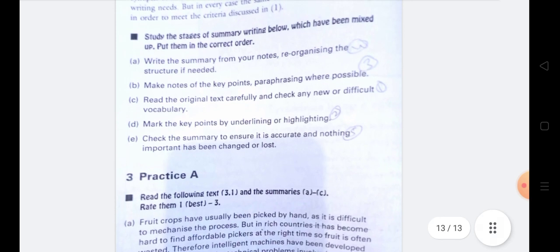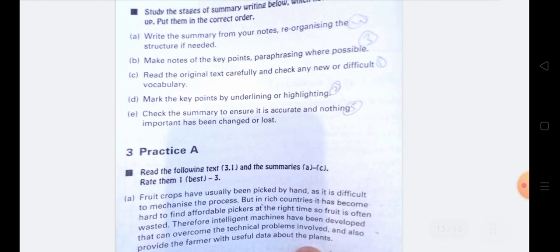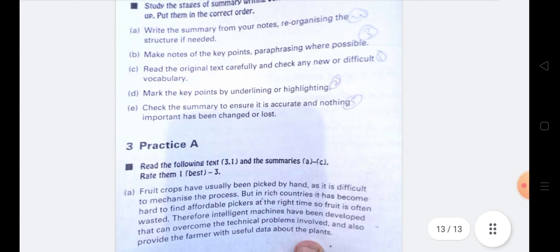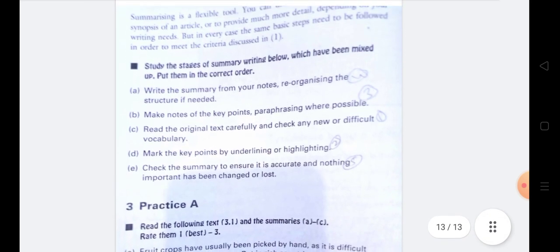And the fourth one is to write the summary from your notes, reorganizing the structure if needed. And the last step is to check the summary to ensure that it is accurate and nothing important has been changed or lost. So that's all about academic writing, plagiarism. So I hope you understand. Thank you.